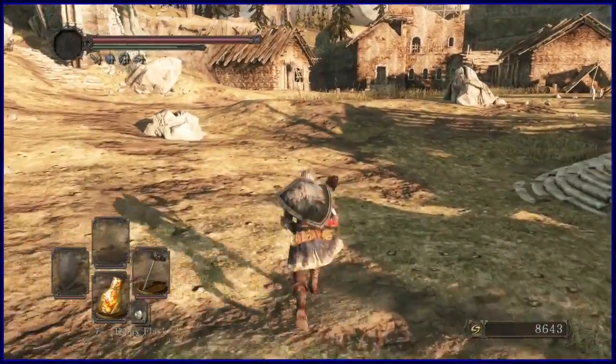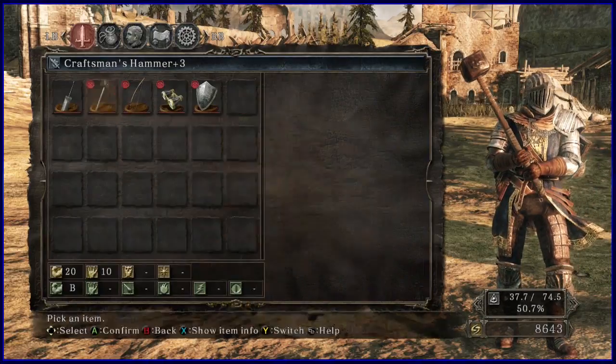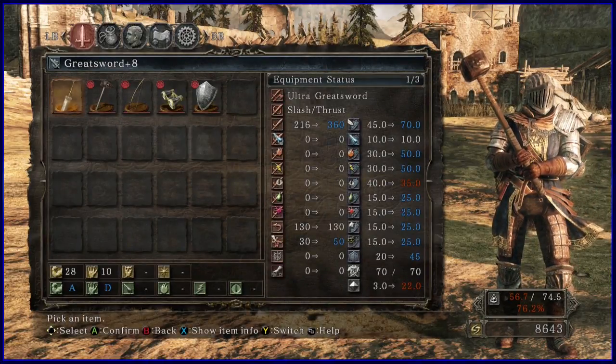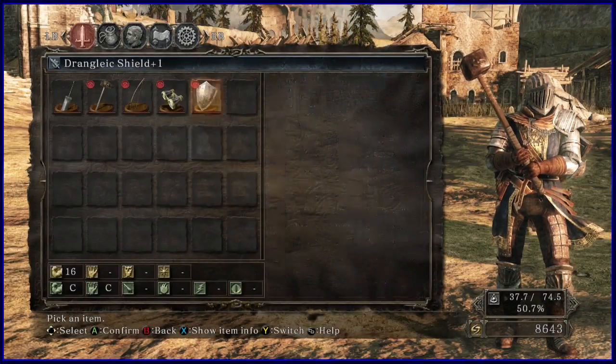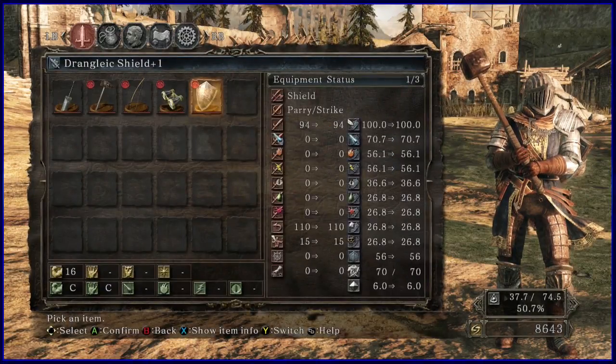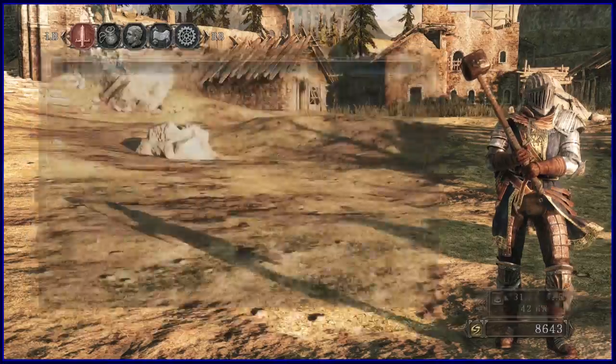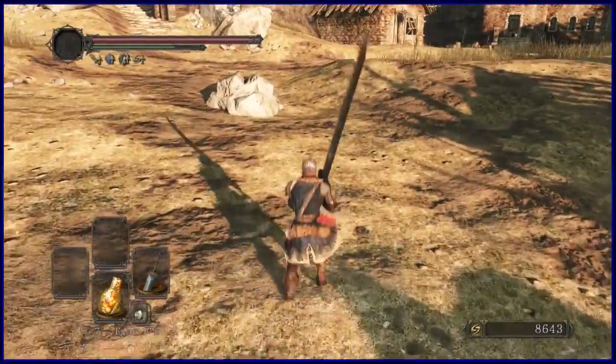Okay, so now that's all. Actually, if I equip my... Because where's my weight at now? 50%. If I swap that out with the Greatsword, I'm at 76. Weight's back up. Unless I unequip the shield, in which case, if I don't have the shield equipped, I'm at 68.1%, which...